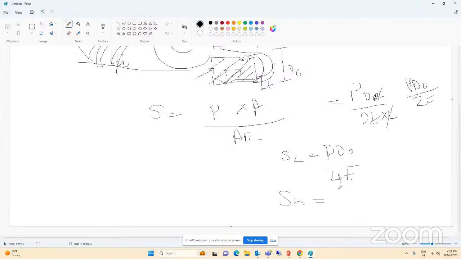So hoop stress is PD₀, outside diameter, divided by 4t. So hoop stress is twice the longitudinal stress, right? If the longitudinal stress is 100, then the hoop stress will be 200. It will be twice this longitudinal stress. That formula you maintain, memorize this thing,